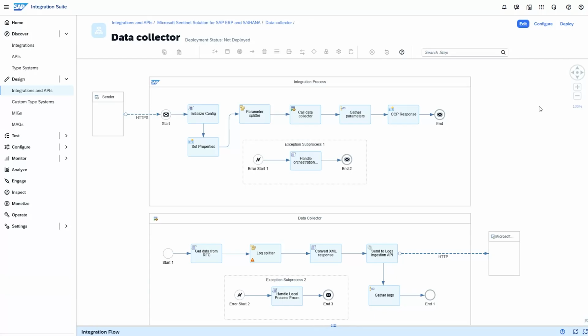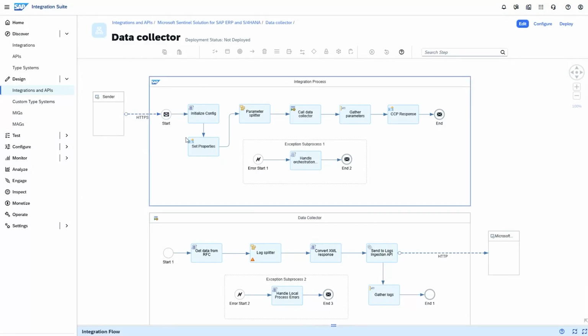Similar to Azure Logic Apps, it's like a low-code, no-code platform. And it works on the basis of message being passed along the flow. And in that case, the message is a connection that is established from Sentinel. And as you can see, the flow begins over here with the sender, somewhat different than the Logic Apps because the flow goes from east to west rather than from north to south. But essentially, this is the nuts and bolts of our data collector.